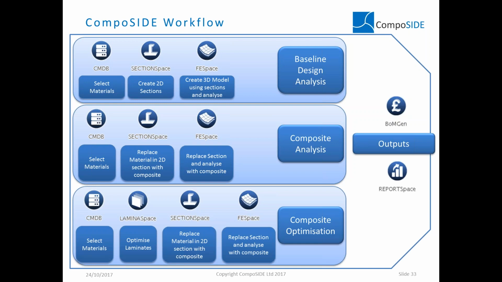So in the third stage, which we'll run through live, we're going to use CMDB again to select our materials. We're going to use laminate space to optimize our laminates. We're going to skip the section space part and just focus on the shell. So we'll keep the sections and just analyze with the composites. So if we jump into CompoSIDE,